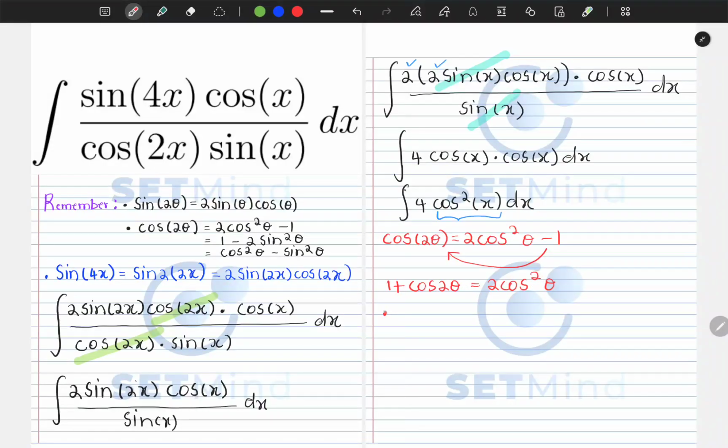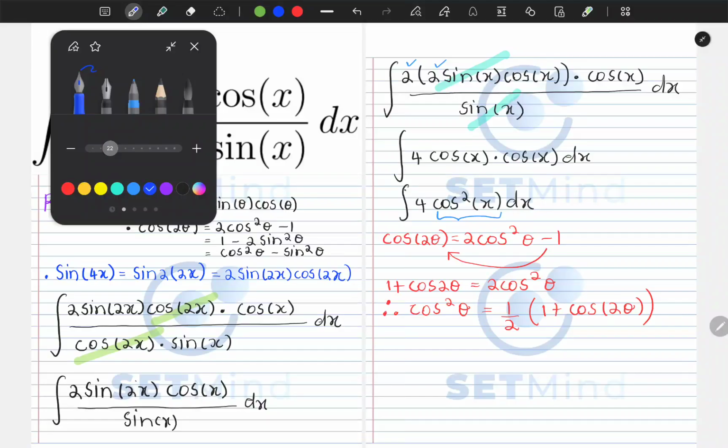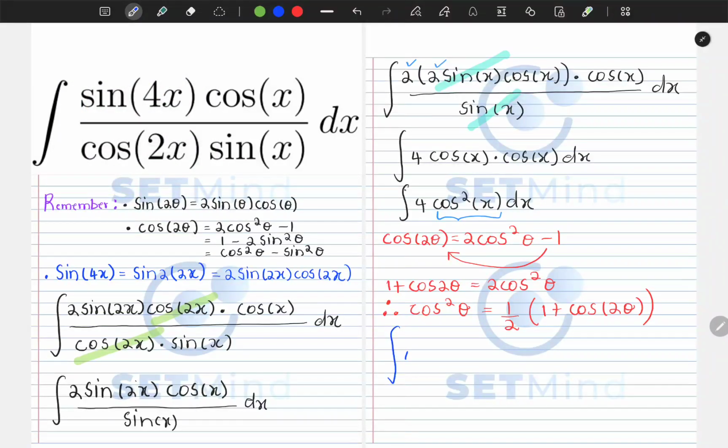So what you should see is that whenever we see cos squared theta, we can replace it with a half of 1 plus cos of 2 theta. Okay, what does this mean? It means for our problem, we'll have 4 times